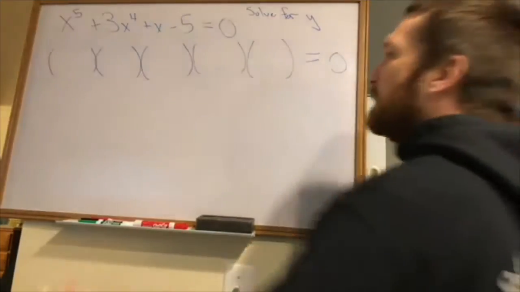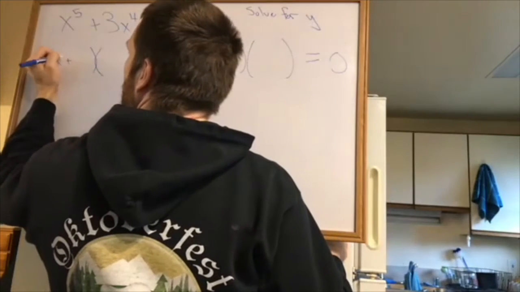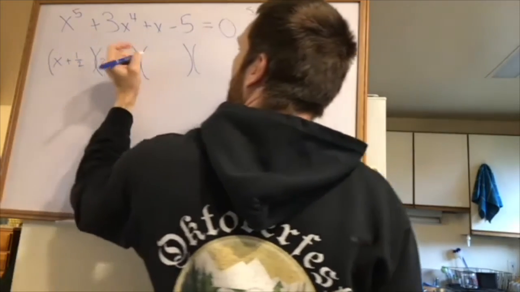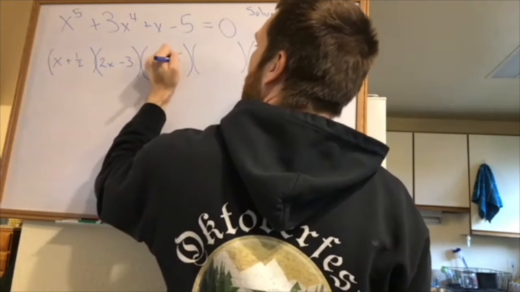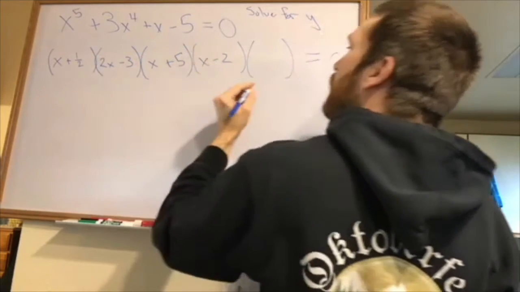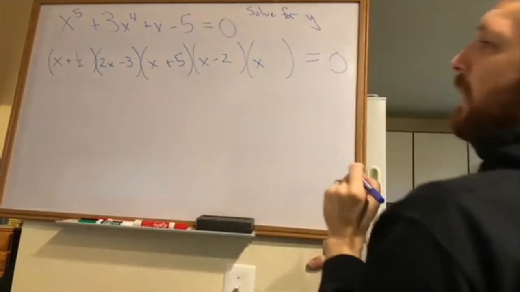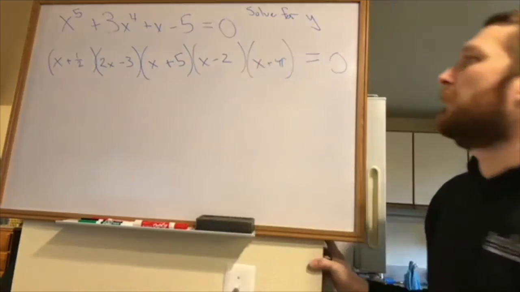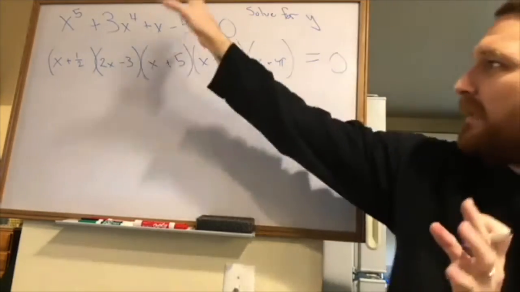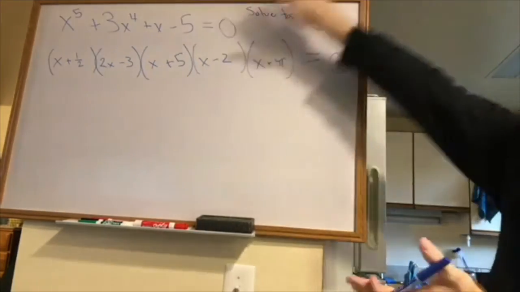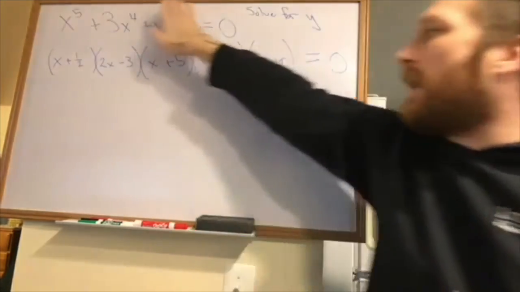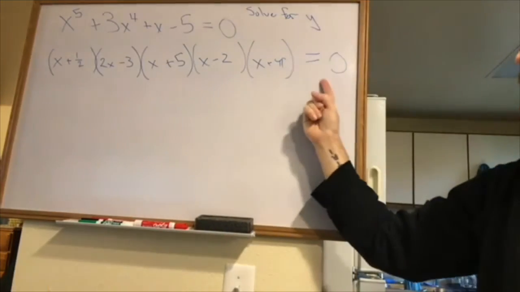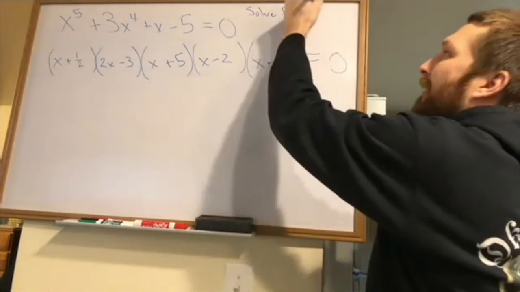And whatever they come out to be, let's say it's something like x plus 1/2 and 2x minus 3 and x plus 5 and x minus 2, and how about x plus pi, right? Even if you never knew what that was and you were just given this to start off with, and we were to solve for x,